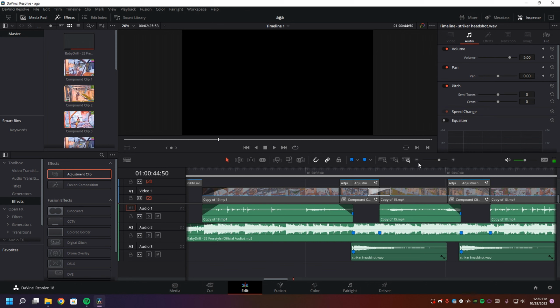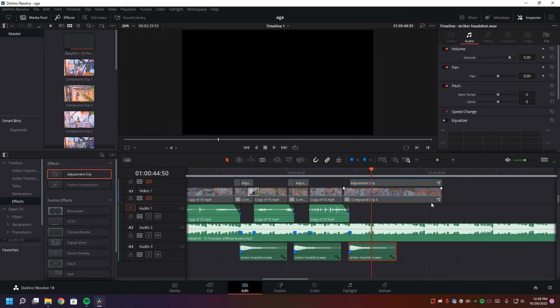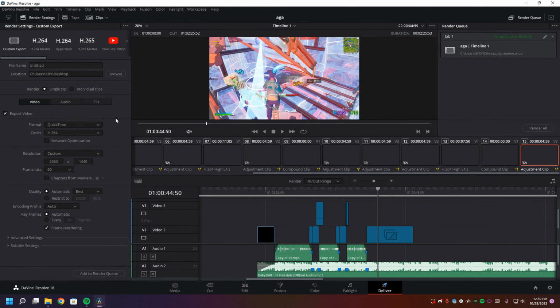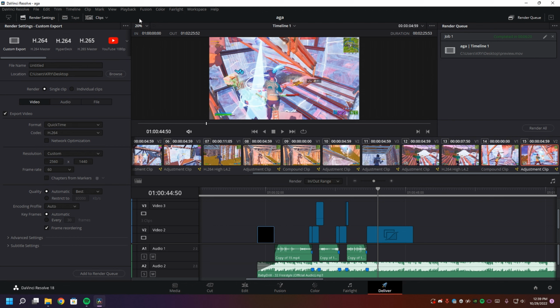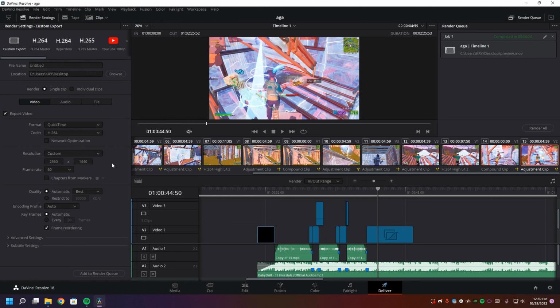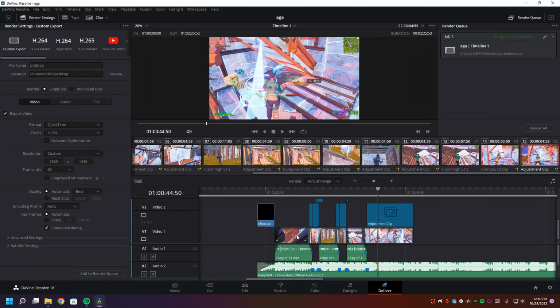Alright, so that's pretty much it, and now you can render out your montage. So these are the settings I use. Make sure you turn off proxy mode to full if you're using quarter or something. So go ahead and copy my settings from here, and once you have the montage rendered out, make a new